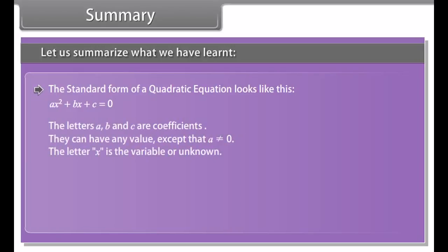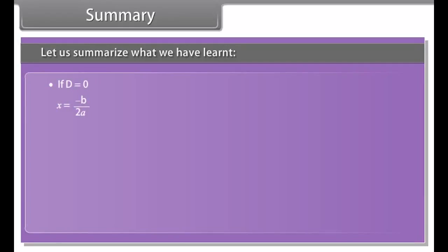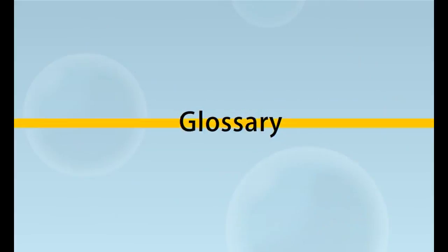Summary. Let us summarize what we have learned. The standard form of a quadratic equation looks like this: ax² + bx + c = 0. The letters a, b and c are coefficients. They can have any value except that a can't be 0. The letter x is the variable or unknown. The quadratic equation has two roots. The value b² − 4ac is